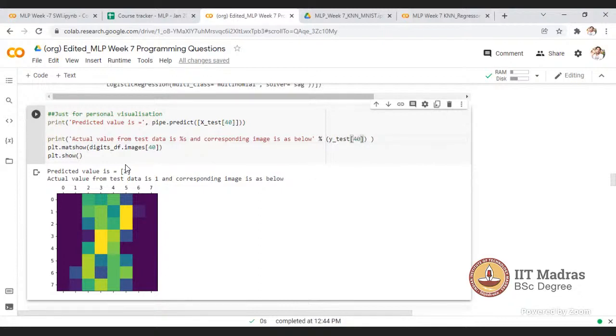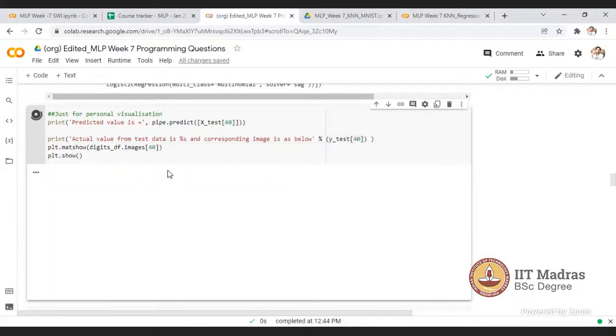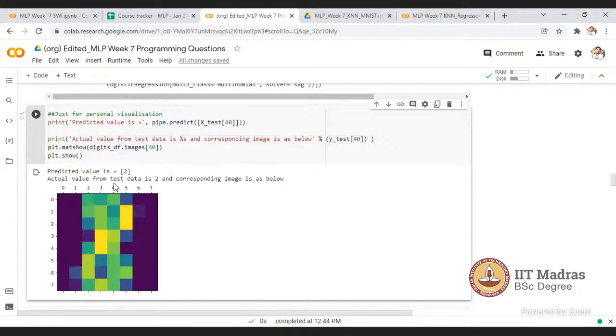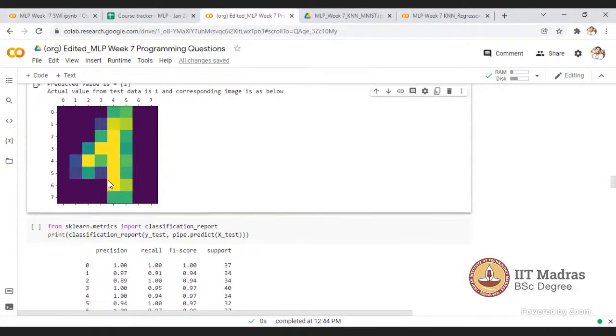That depends on our model, and so we are not able to interpret this. For 200 we are able to visualize that it is 1. It looks like something closer to 1. The thing is, it depends on the pixel size. If the pixel size is larger, then we will be able to see it in a much clearer way.